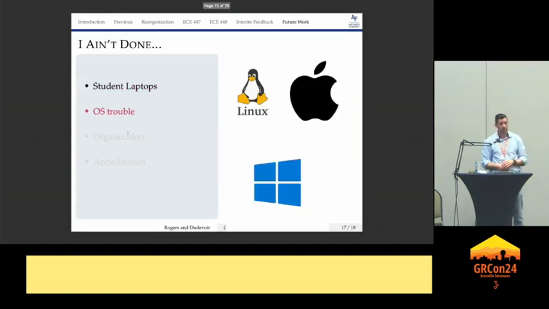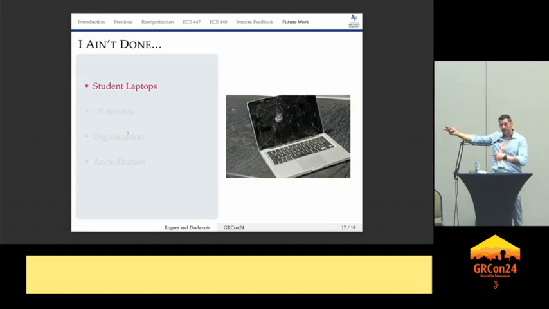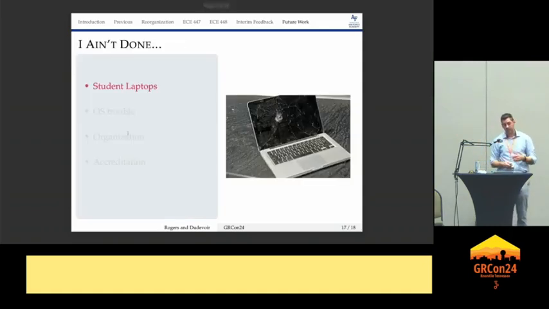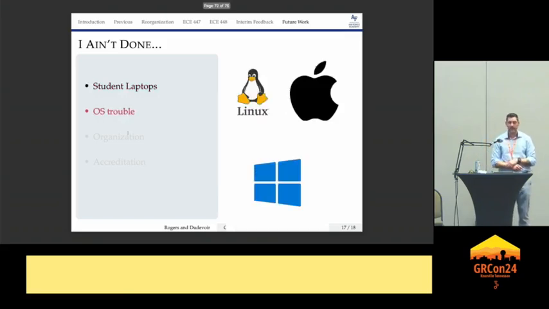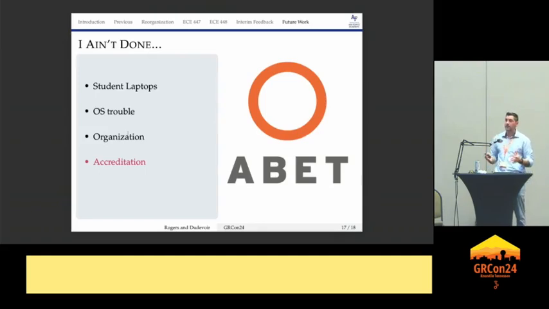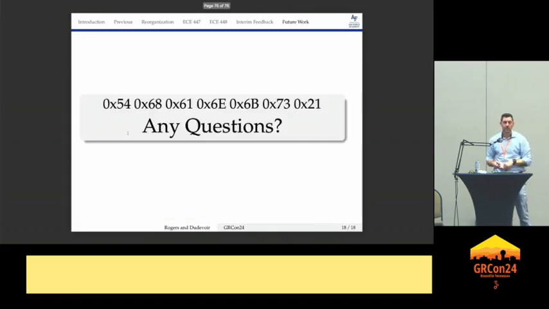We still have a lot of challenges to overcome, to include student laptops coming in varying states of disrepair. Some of them have Windows and some of them have Windows that doesn't work. We have a variety of different operating systems that we have to deal with, so we're still working on a software baseline that makes sense. I still have some tweaking to do on the organization and how we order the classes. And of course, I need to make sure that I'm keeping ABET happy with some of the things that our first course provides, like applications of probability and statistics, so making sure I really hit the noise and the random signals in enough detail to satisfy that requirement. Those are the things that I have to do.